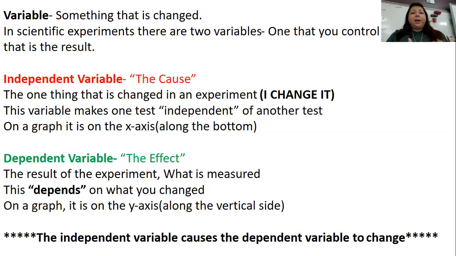Your independent variable, this is where people are getting confused. It starts with the letter I. So I think of it as I have changed it. So it's what causes your experiment to change. So in this one, you're going to,